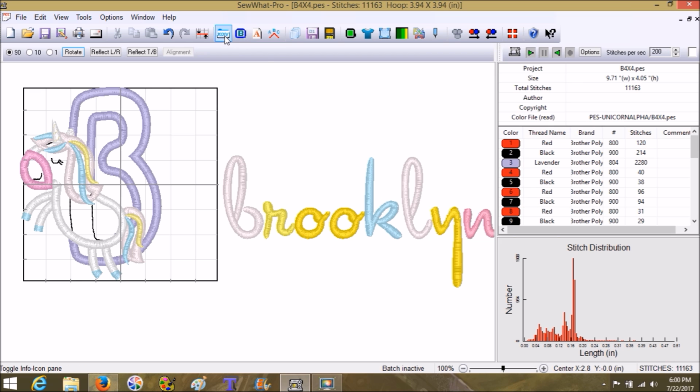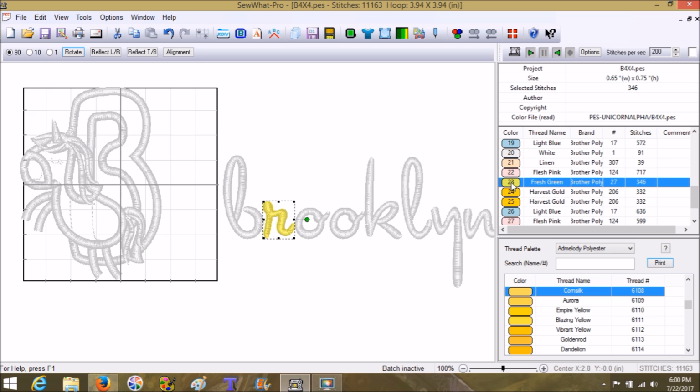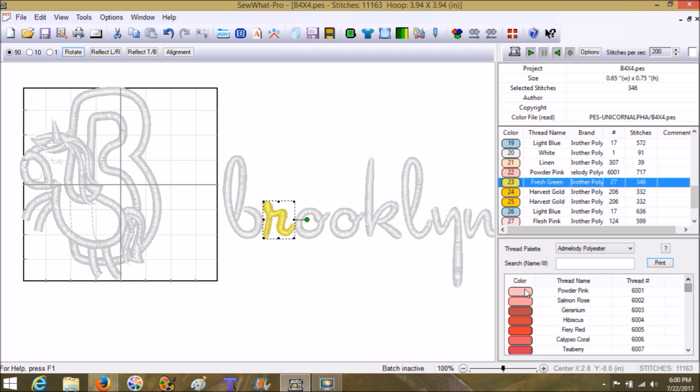Okay, so we're going to take all of these. We're going to click out of icon, and we're going to come down here, click on this one, and find out which number it is. Oh no, guess we have to click on this and find out what number it is. Nope, that's it. Okay, so 22. It says it's flesh pink, but it's really hard to tell that it's pink. Okay, so from number 22 all the way down to 29, we're going to want to change the color. Okay, and we're going to make it all the same color. We're just going to grab the very first one up that's powder pink. Okay, all of them are going to be changed to powder pink, even if that's not the color that you